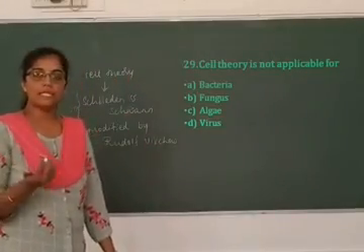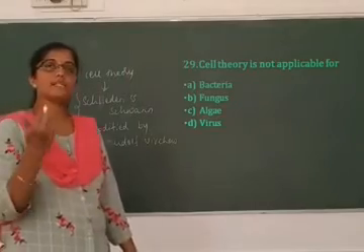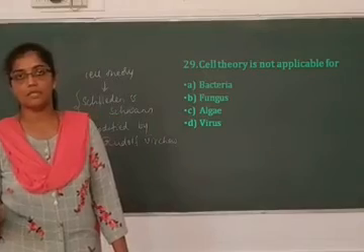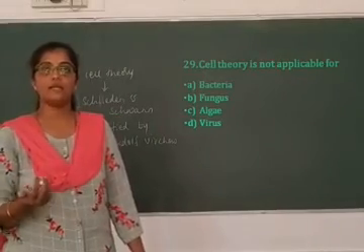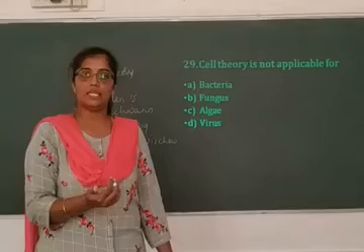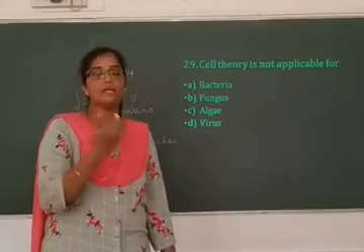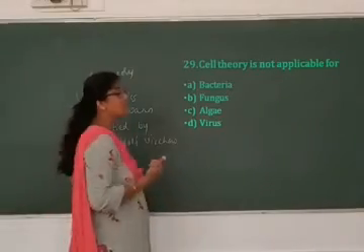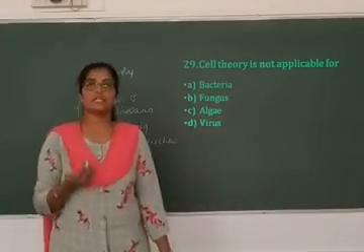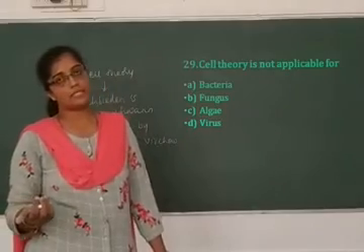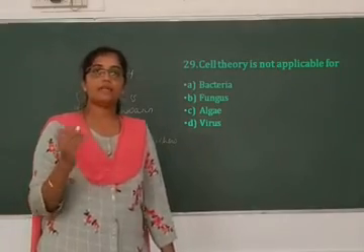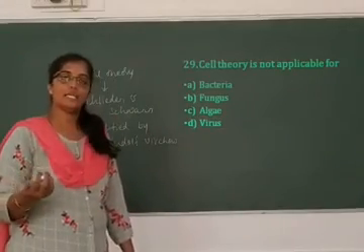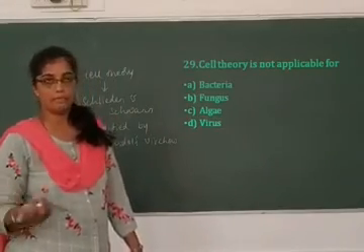Bacteria. Bacteria is unicellular, capable of surviving on its own. It is capable of surviving as a photosynthetic organism, some of them, for example, cyanobacteria. Many are saprophytic in nature. They survive freely, feeding on dead and decaying bodies. So it holds good for bacteria. Fungus again. Many fungi are saprophytic. Some of them are parasitic. They are multicellular. They are capable of surviving on their own. Algae. Again, all the algae are free living, photosynthetic, independent in nature.